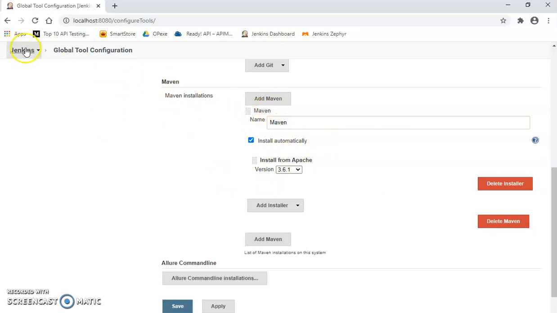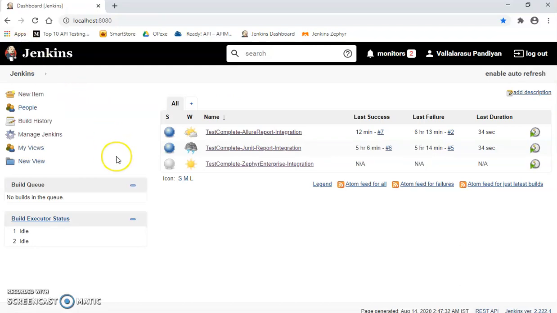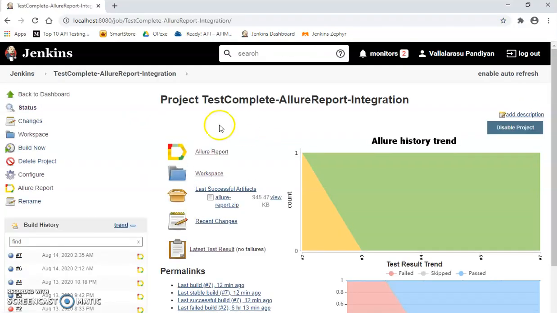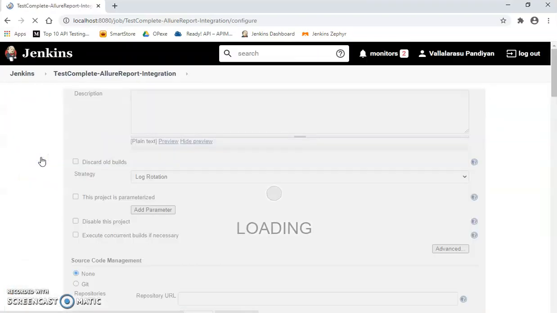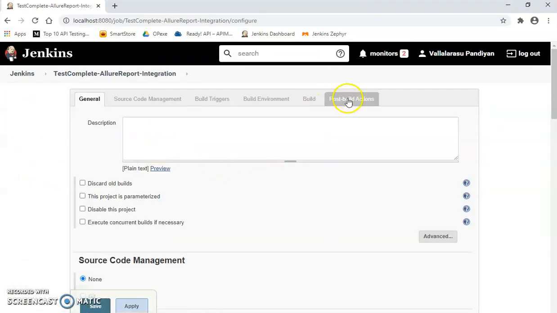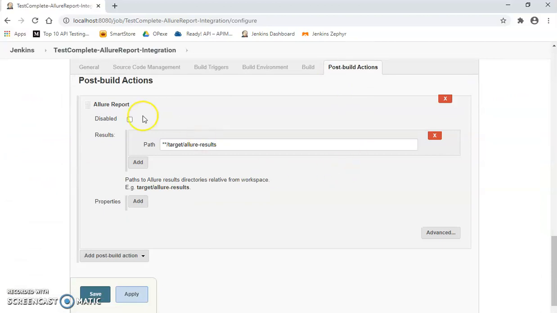And again I'm coming back to the Jenkins homepage, in which I have created an item for the TestComplete Allure report integration. So I'm selecting this option. In this we will see how to configure the post build action. Because I've installed the Allure plugin, I'm getting this option.